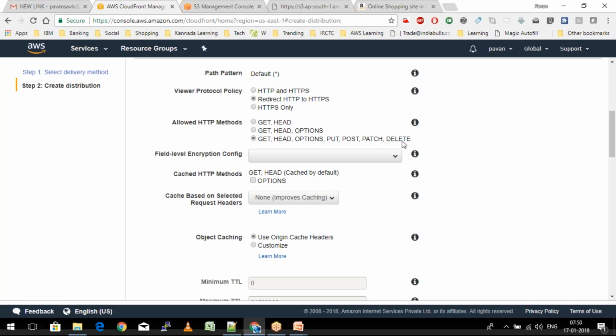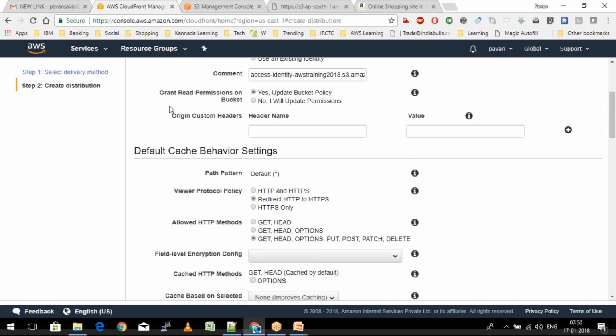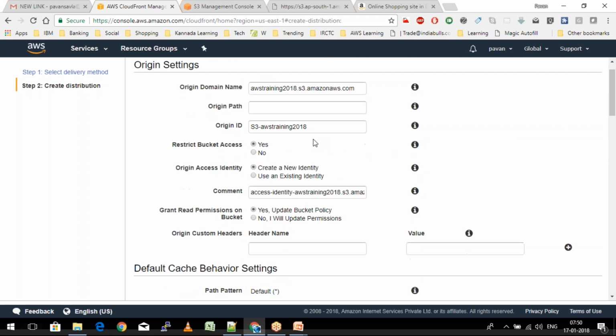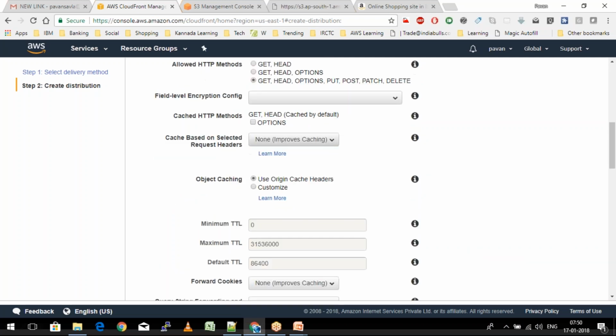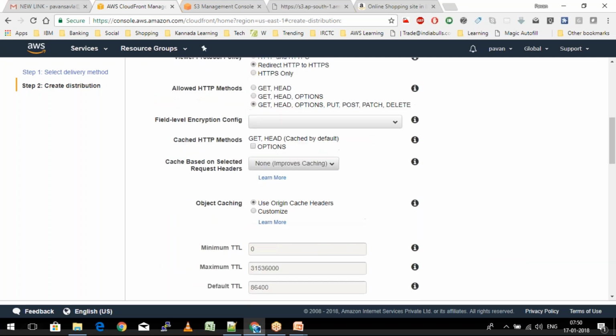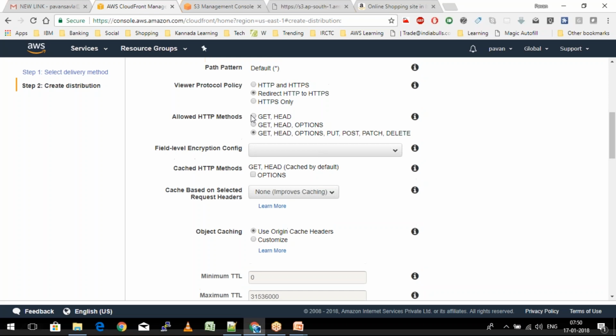So if they want to delete something on YouTube, or let's say in our case it is an S3 bucket as an origin. If it is an EC2 instance like YouTube, then you can also go ahead and do that. For now I'm just going to keep it simple. I'll just keep it as GET, HEAD